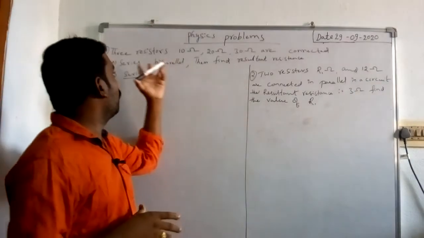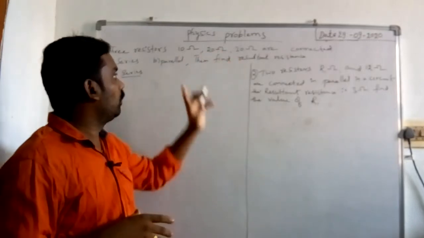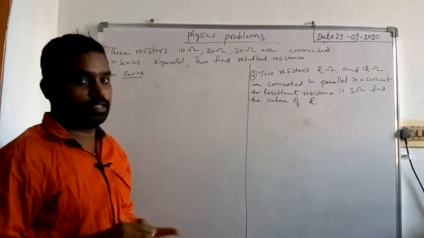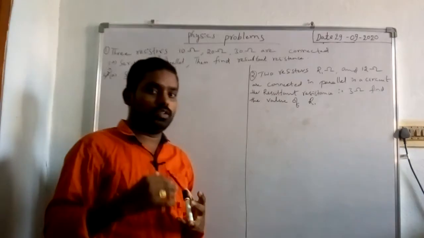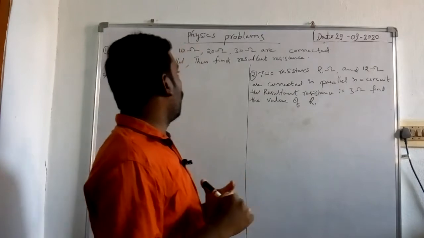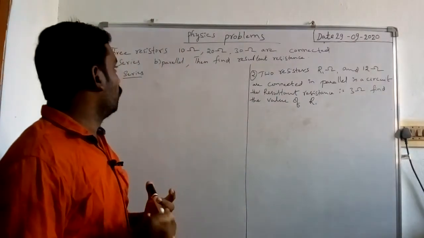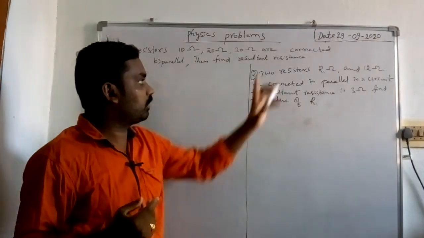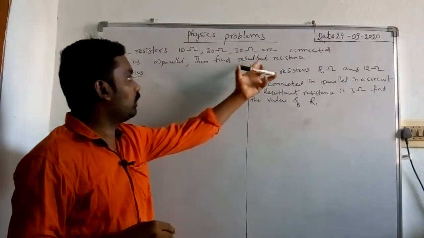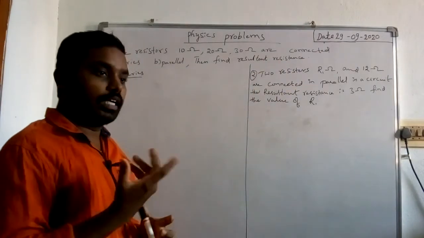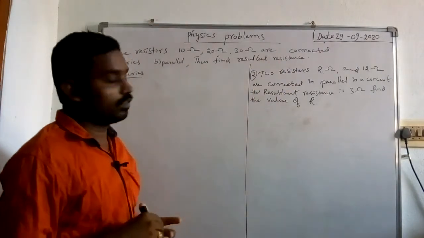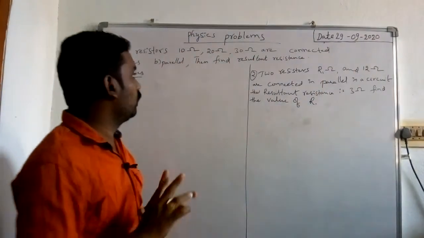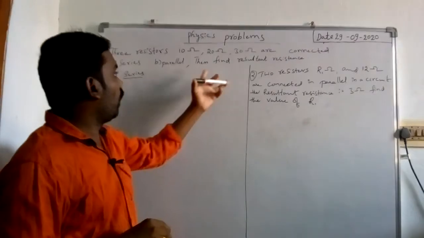Okay, right? What you are given is just words like 10 ohms, 20 ohms, 30 ohms. What are they? We don't know. First, you have to convert them into symbolic form. After that, decide what we have to find: the resultant resistance. Resultant resistance is nothing but equivalent resistance. Don't get confused, both words are the same.